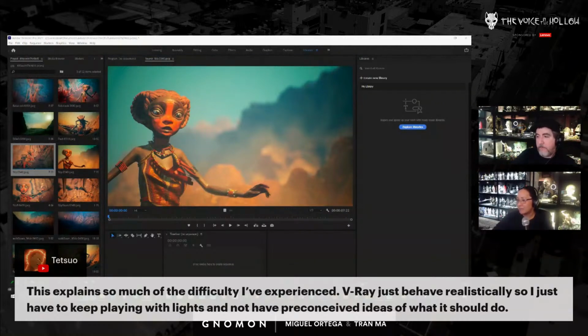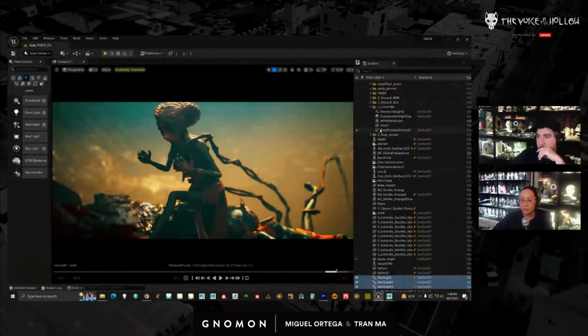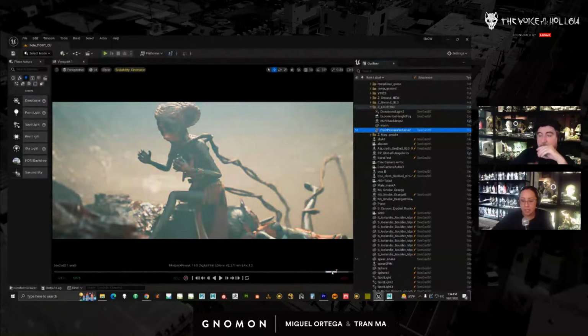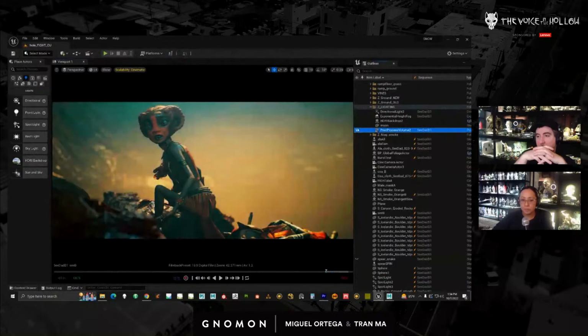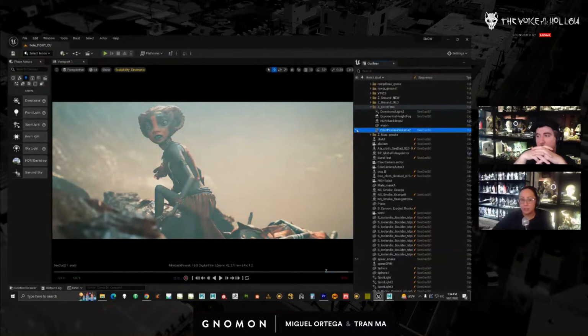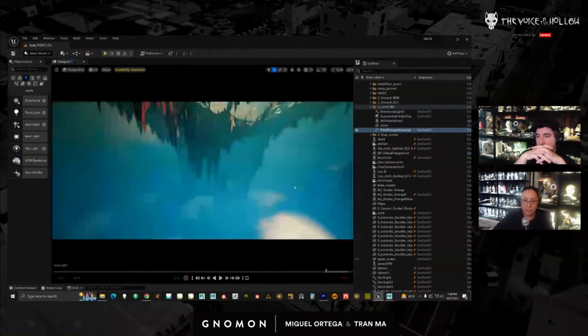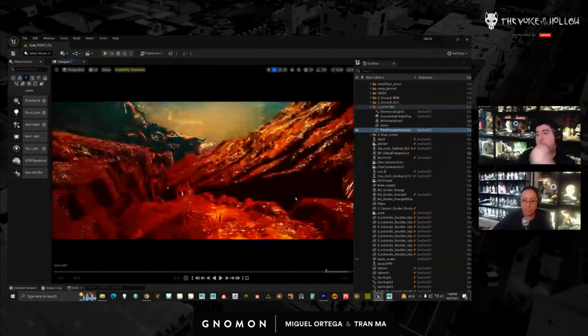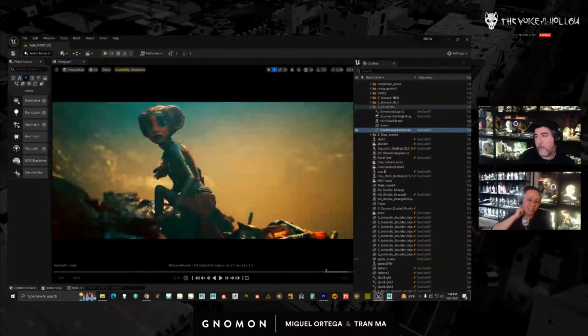Yeah, V-Ray behaves realistically. You can't approach lighting in Unreal this way. You also have to light a lot brighter, and the post process is your best friend. Everyone says you need to post process. If I try to light without a post process, you can see without it, it looks really, really bright. Your shadows will be crunched black, and you'll have that gross kind of look. Here's that gross look. See that dark crunchiness right here, right? So you need the post process for that.